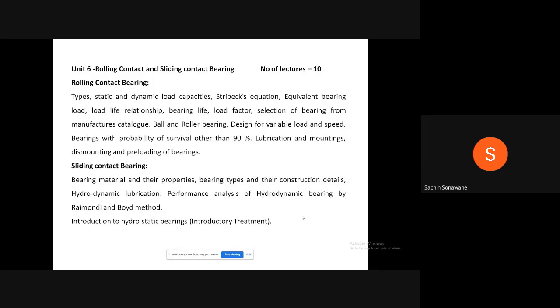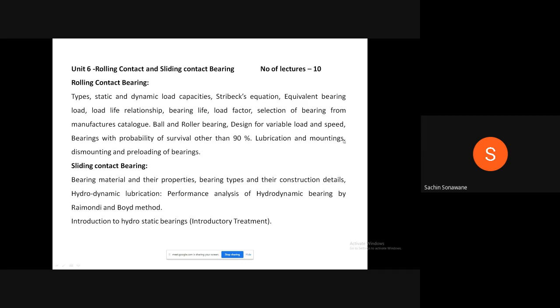In that, first is rolling contact bearing: types, static and dynamic load capacities, Stribeck's equation, equivalent bearing load, load life relationship, bearing life, load factor, selection of bearing from manufacturer's catalog, ball and roller bearing designed for variable load and speed, bearings with probability of survival other than 90%,